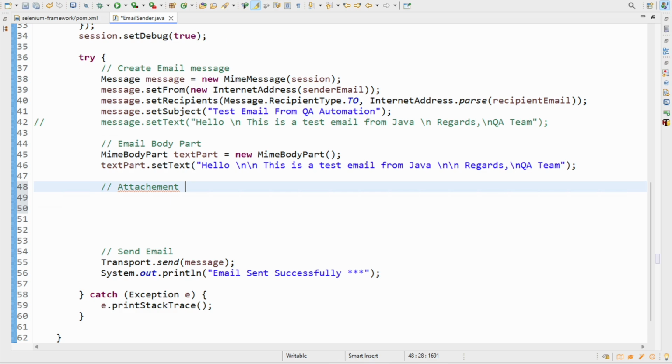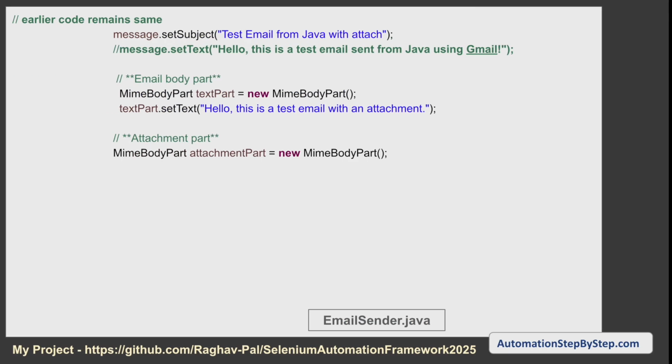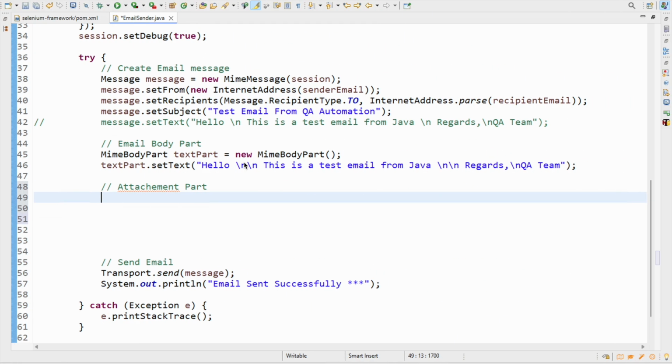So we will say MimeBodyPart attachmentPart. This is the MimeBodyPart we are using to add any parts, like textPart, attachmentPart, equals new